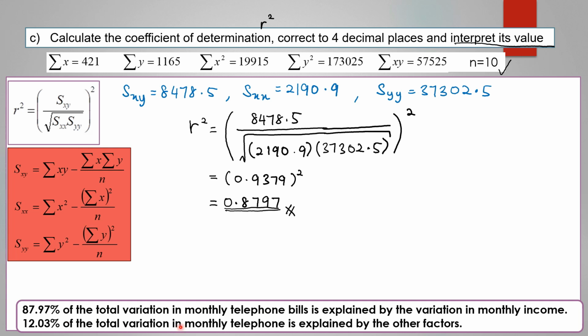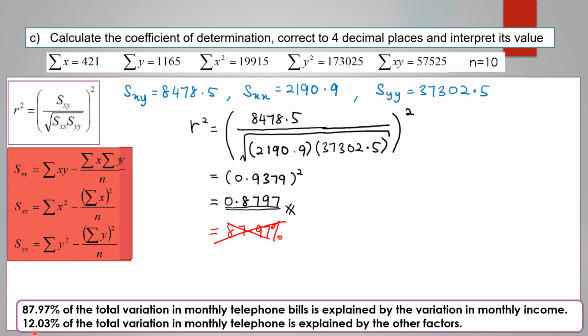So here, what you need to do is convert the value of R squared into a percentage in the interpretation. It would be wrong if you write 87.97% like this. Your percentage is in the interpretation only. Okay, so we should write